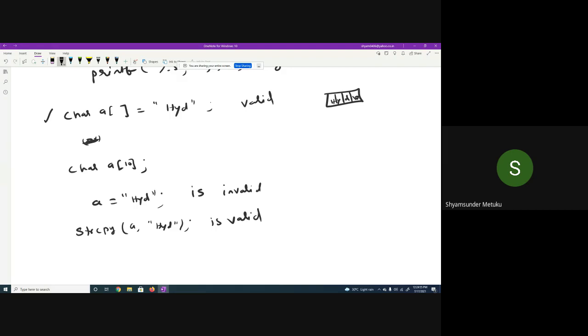You simply cannot do A is equal to "Hyderabad" within double quotes. Is it clear? Is it okay or not? Tell me. Respond. Okay, sir. Okay, fine.